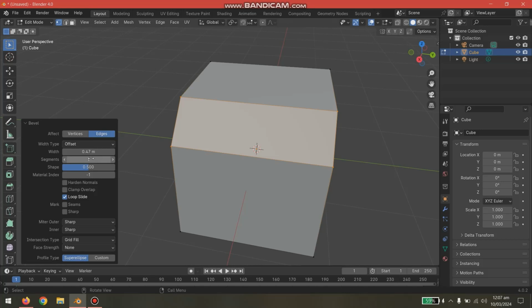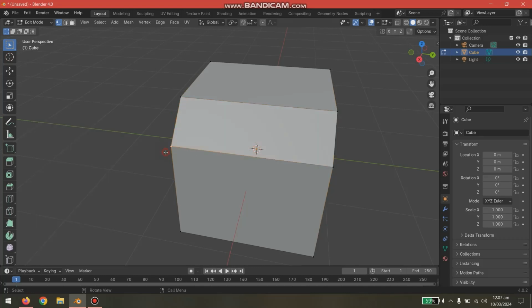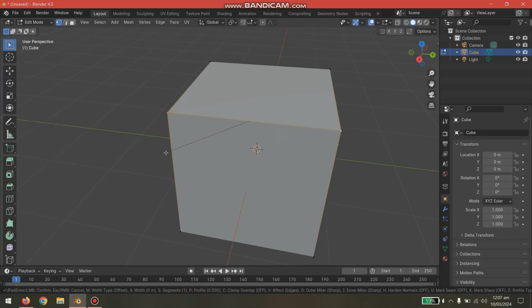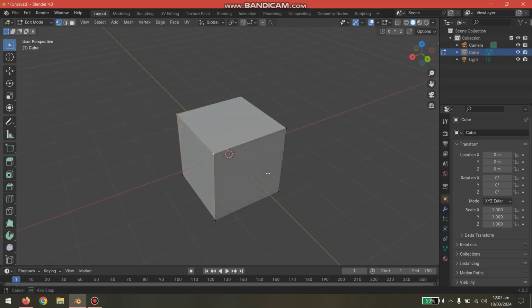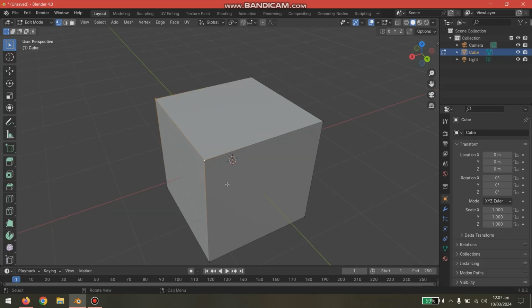Okay. So you can increase the number of steps here. Nothing too complicated here. But you can also use the mouse wheel or numpad key. This is numpad and this is mouse. Okay. So if someone asks you